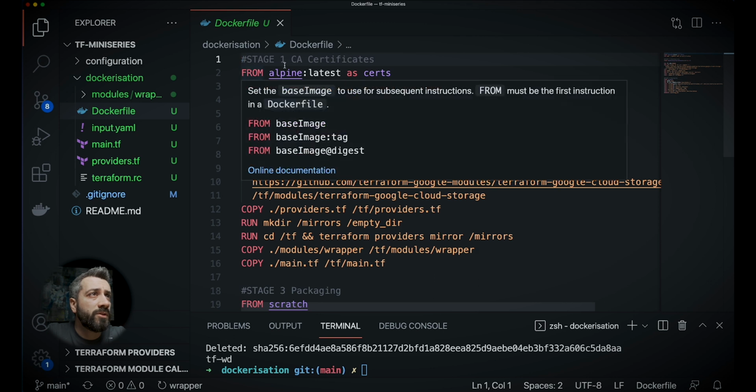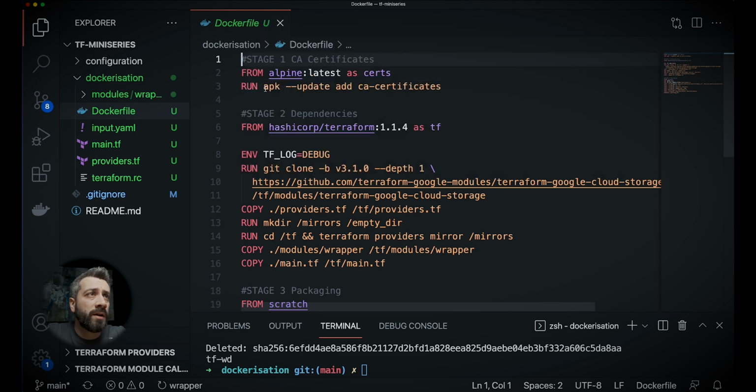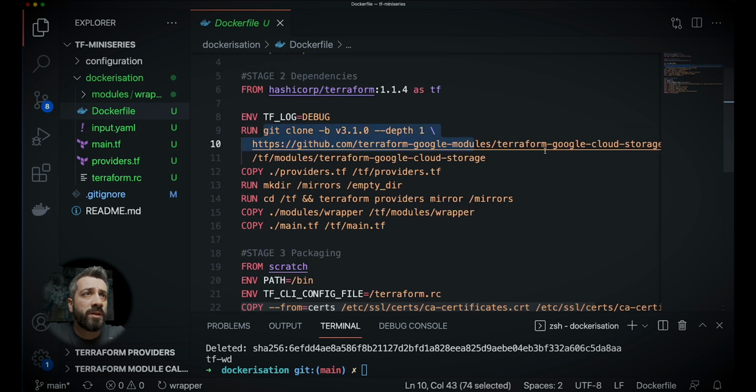If we start from stage 1, we have our CA certificates. These may be useful because they are generally used by Terraform to validate the SSL certificates, and that's why we are updating them, and then we'll copy them in the last stage. In the second stage, we pull all our dependencies. So what I'm doing here, I am cloning our Terraform Google Cloud Storage module. Do you remember in the previous video we were cloning this on the command line, and we are also checking out a single branch, which is the single tag, the 3.1.0. At this point we have to copy a number of files. One of them is providers, and